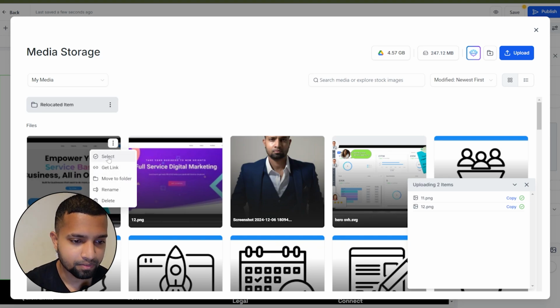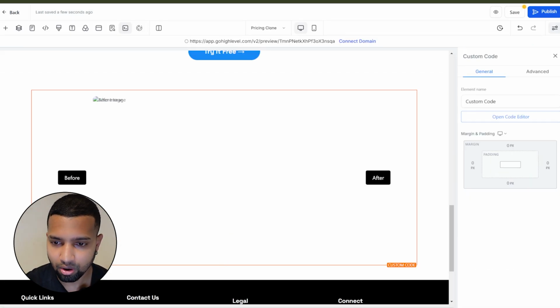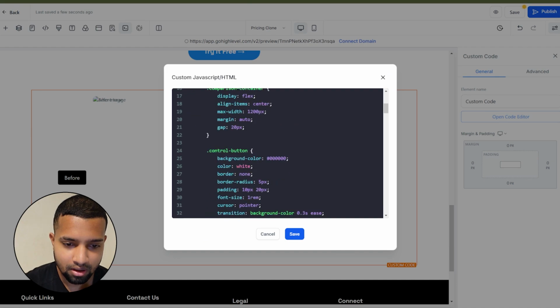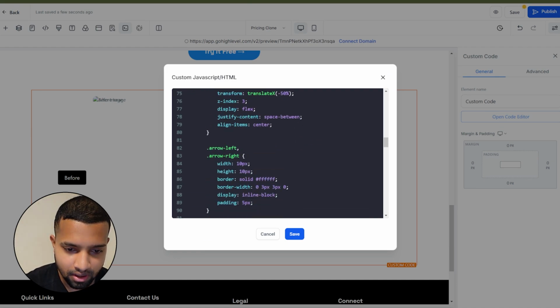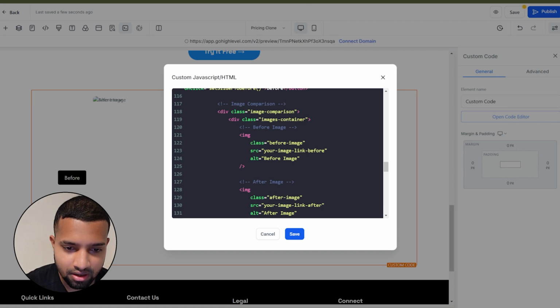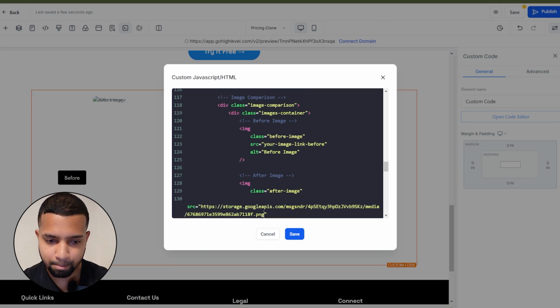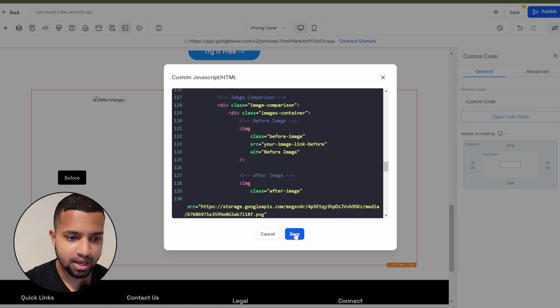Get link, go inside the builder, open code, scroll down and change where it says image link after, because the link I copied was the after image. Paste, save,